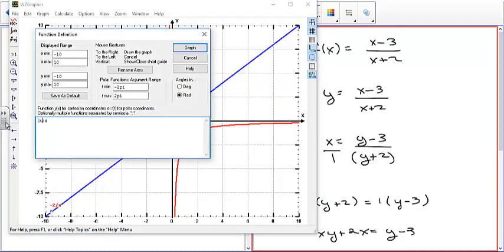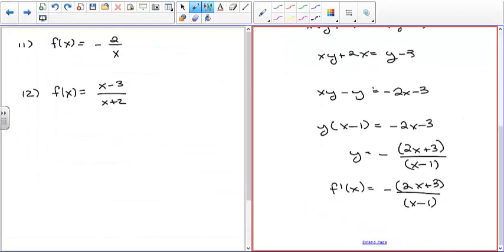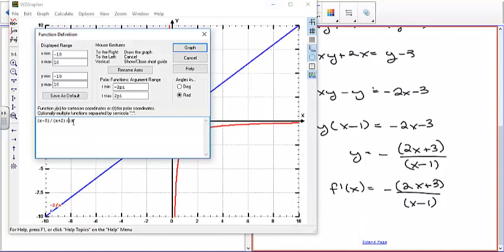So you got x minus 3 divided by x plus 2, and the second function, which is the inverse, is going to be negative, the quantity 2x plus 3, close parenthesis, divided by x minus 1, close parenthesis, and we graph that, and